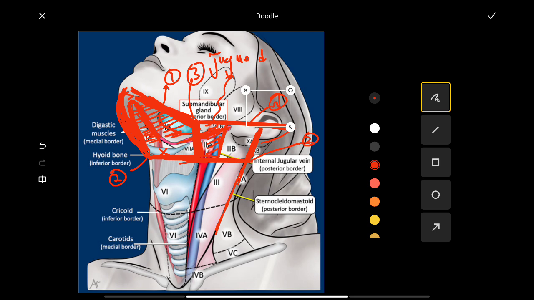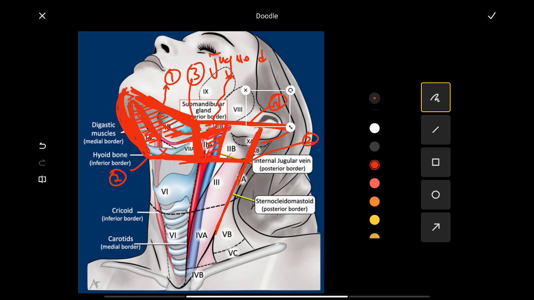These nodes are draining the oropharynx and most of the oral cavity too. So someone with tonsillitis, for example, can have enlargement of the jugulodigastric lymph nodes. Down below, there are other nodes which are called